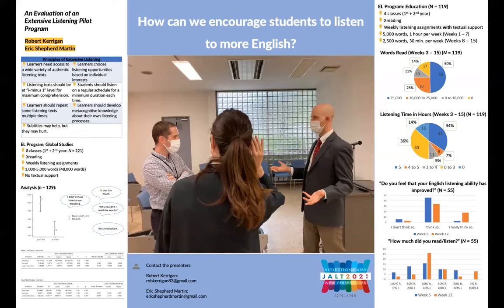The next point here is that students should be listening to the materials multiple times. So this can mean listening to the same text over and over. This can also refer to students listening to language items multiple times. So listening to vocabulary over and over again, the same vocabulary items. And it can also mean listening to the same type of genre. So for example, students listening to narratives multiple times.